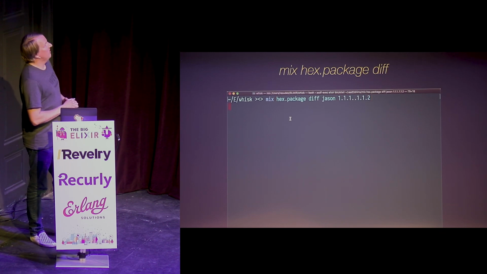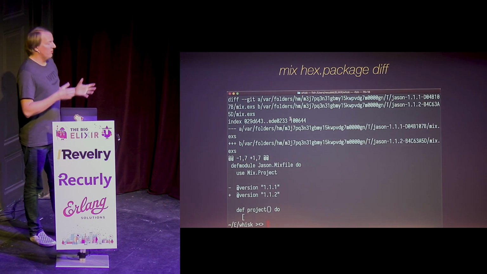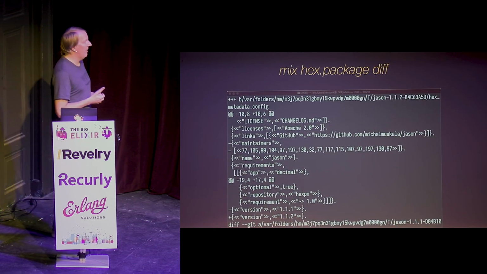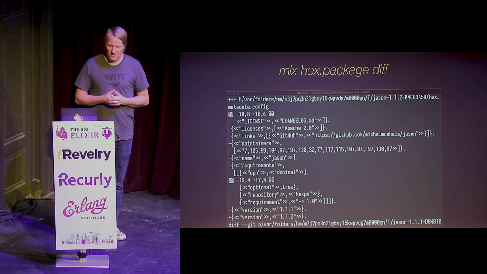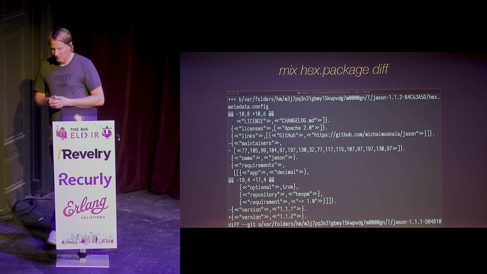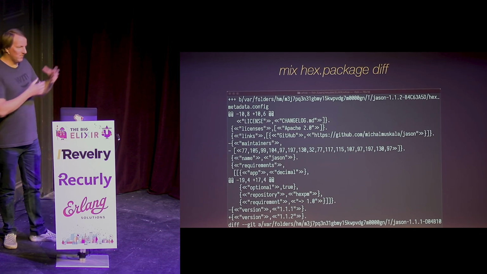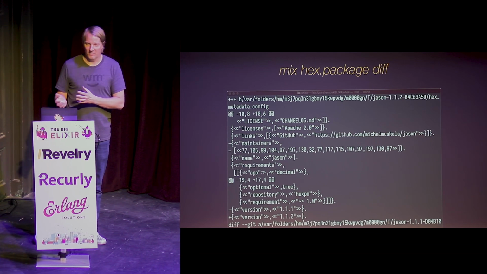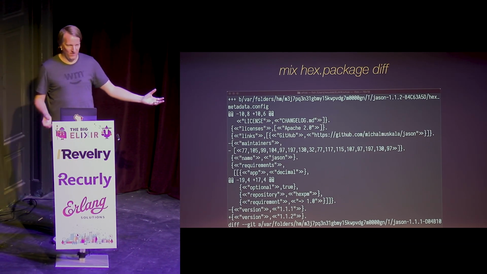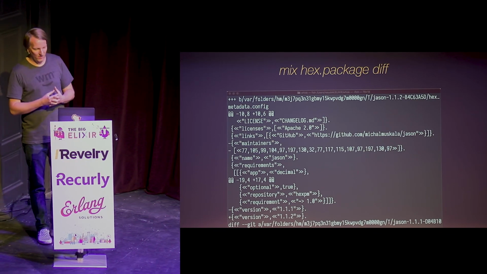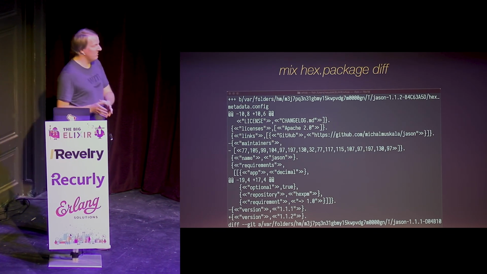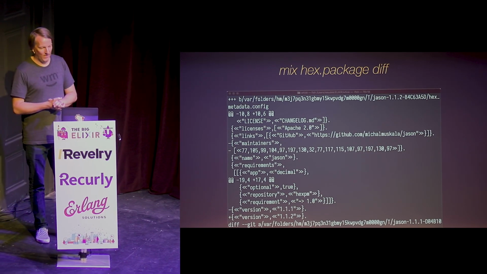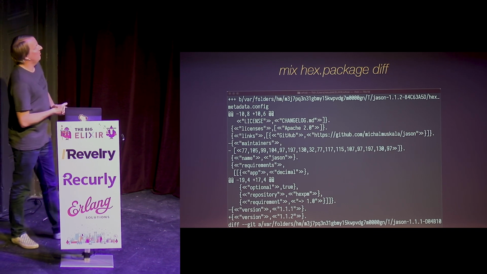Next, mix hex.package.diff. When you're upgrading packages, you want to know what the difference is, and a lot of times we just look at the changelog, or maybe the GitHub releases, to see what that code is. Unfortunately, what is on GitHub doesn't necessarily reflect what's in the binary, what's in that hex package. Hex doesn't have any external dependency on GitHub at all. So if you wanted to publish something nefarious in a new version, you could easily publish the package and then publish different code and say it's that version on GitHub. And most people would never notice the difference.